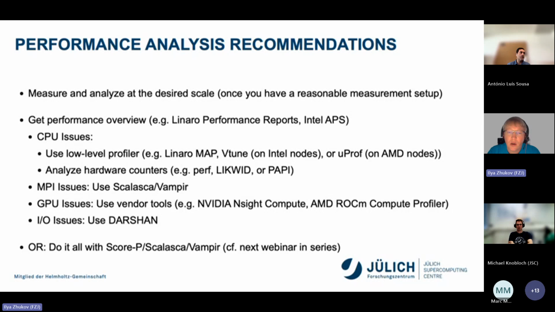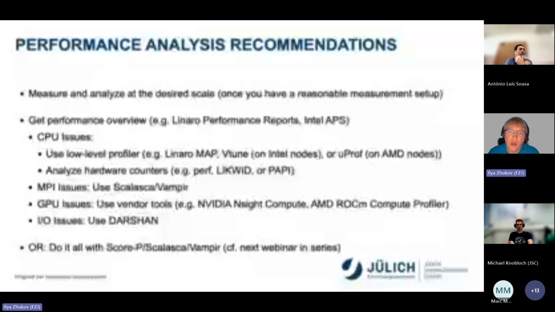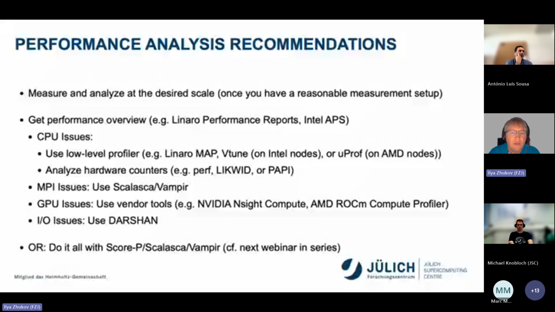If you think that there are some issues with the hardware, or you would like to investigate, then you would need to use other tools like Perf, LIKWID, PAPI to collect some PAPI counters and analyze them later on. If you spend significant time in communication, that is a good case to use Scalasca or Vampir to see where you spend most of your time, to identify inefficient communication patterns and so on.